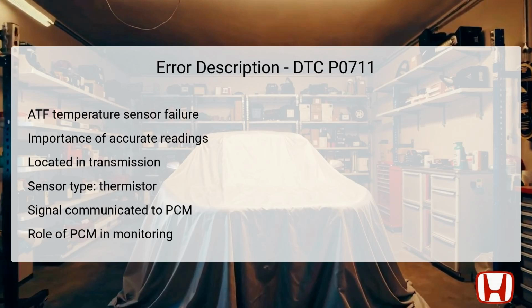When the fluid temperature is low, the sensor increases in resistance, causing the Powertrain Control Module, PCM, to detect a high voltage signal. Conversely, as the ATF temperature rises, resistance drops, resulting in a lower voltage signal detected by the PCM. If the sensor fails to produce changes in resistance, or if it gets stuck at maximum or minimum temperatures, the PCM perceives this as a fault and activates DTC P0711. The accurate functioning of this sensor is critical, as incorrect data can lead to inappropriate transmission behavior, risking transmission damage